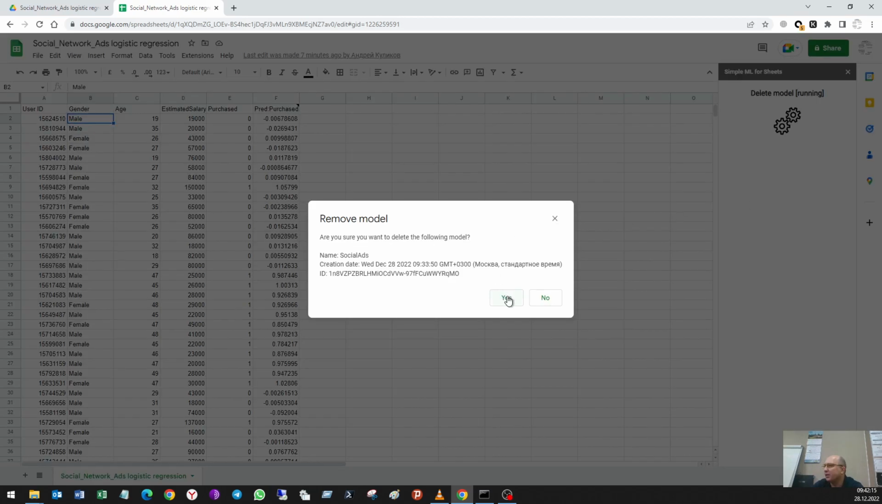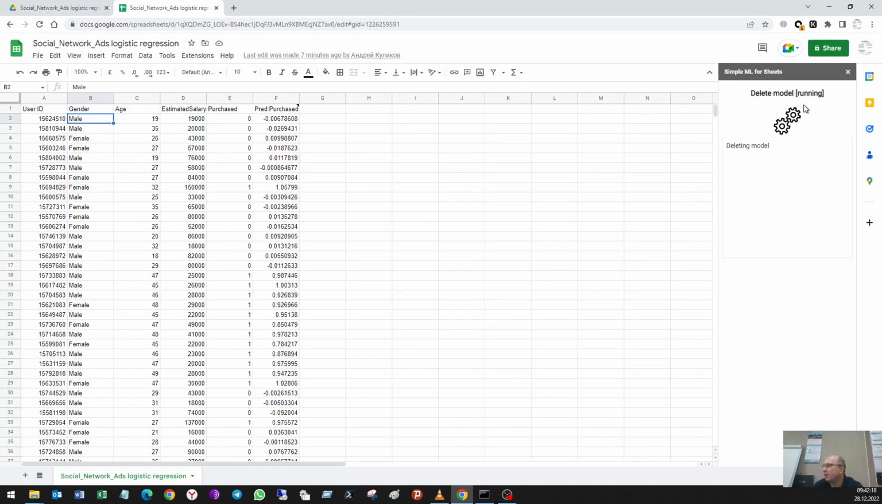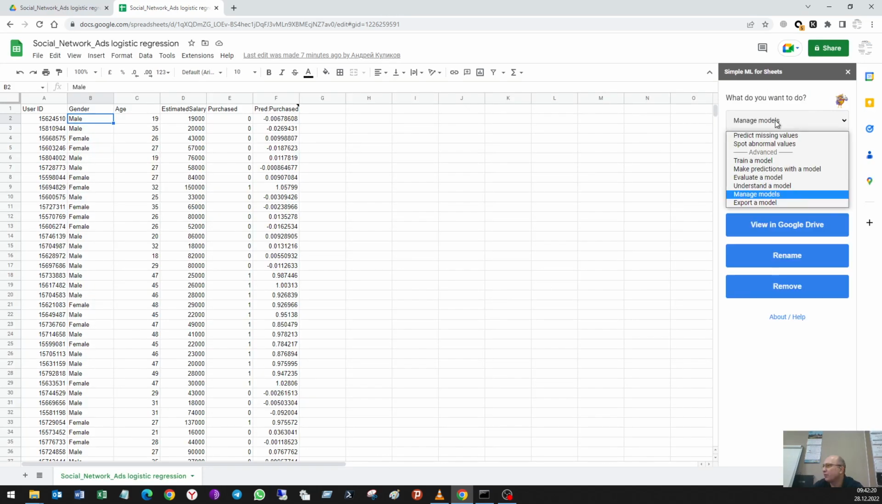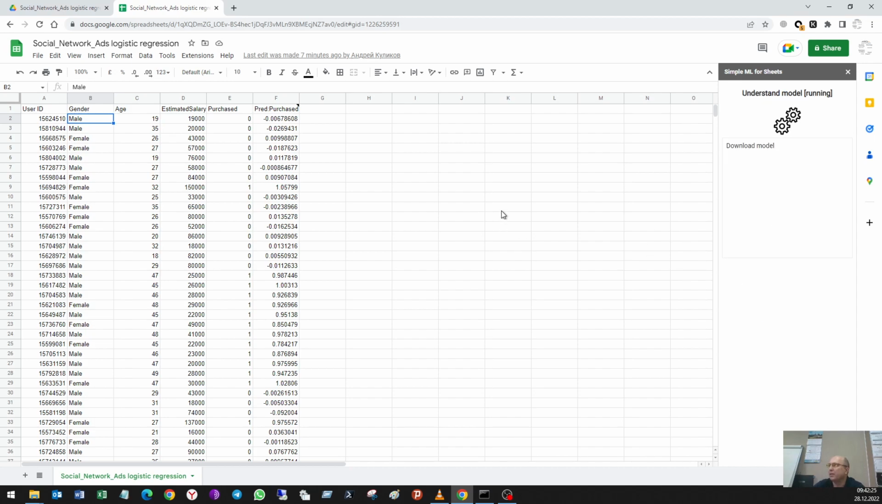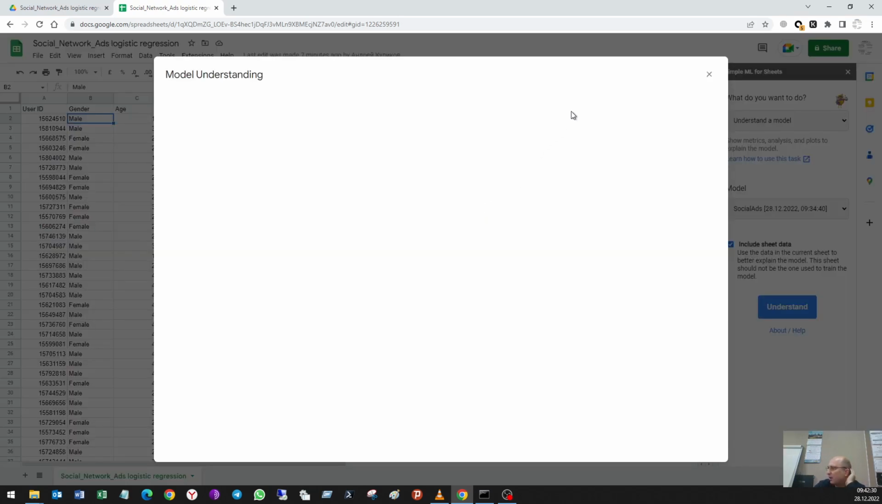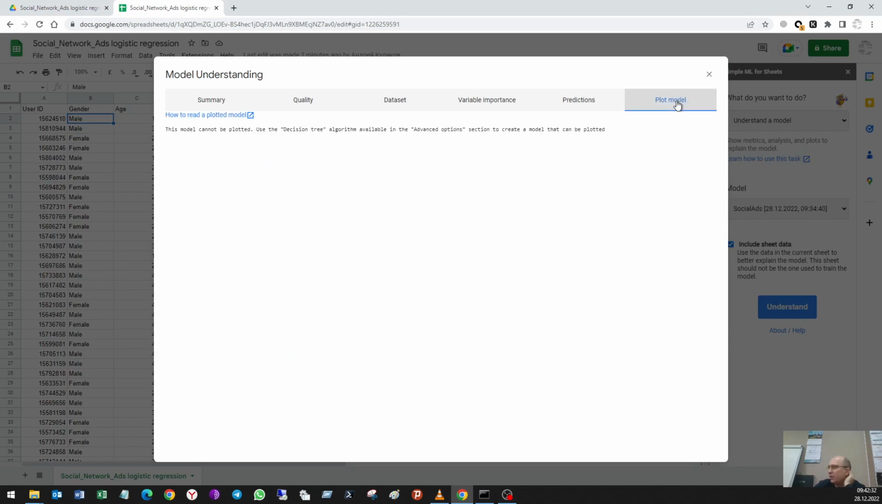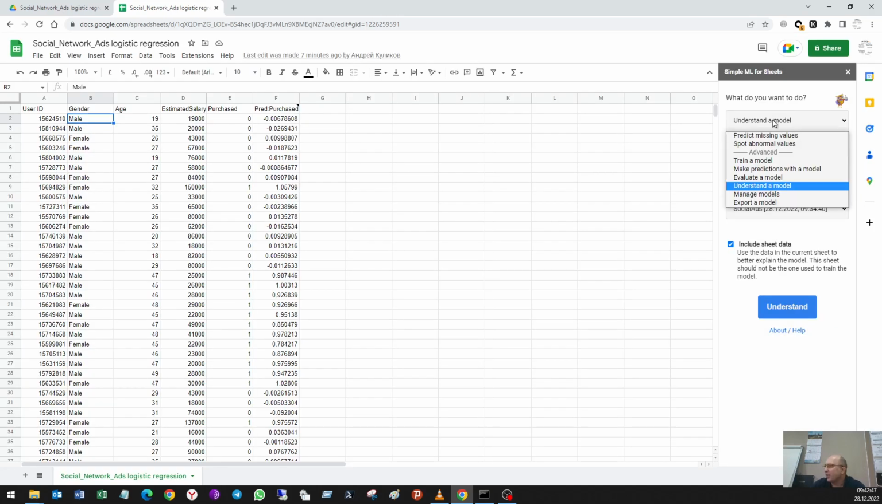One thing I did not understand about my model, and it did not do this one. That's why I tried to use the decision. Okay, okay. Sorry. So I can manage the model